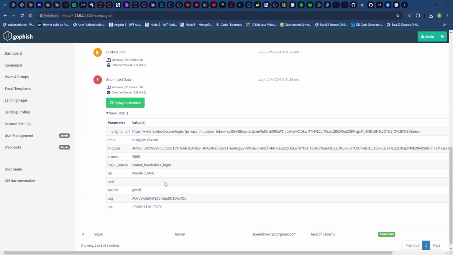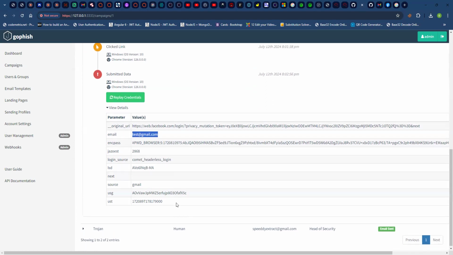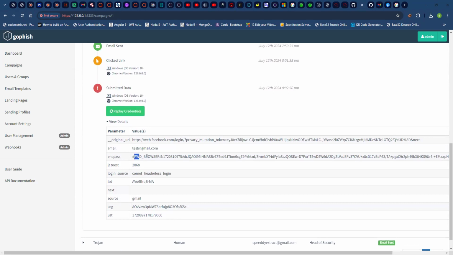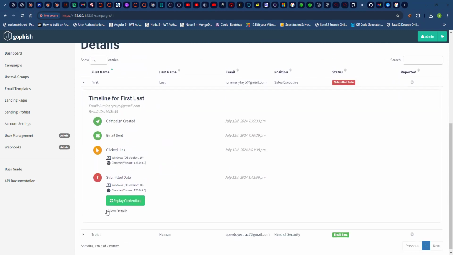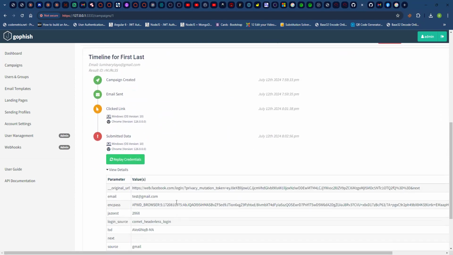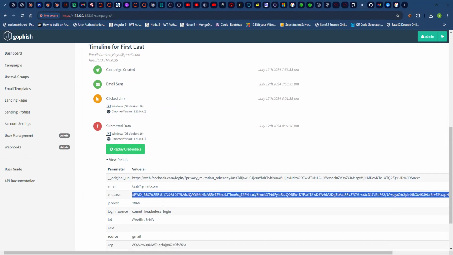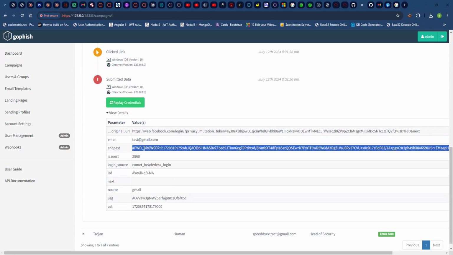Let me see. This is the email I entered. And I think there's something Facebook is doing. So Facebook is actually encrypting the password on the front end, which is interesting. I didn't keep that in mind when I was doing this. But if you use any other type of application, let's say maybe GitHub or whatever kind of URL, most of the time you will see the password you entered here in plain text as well. So instead of encrypted passwords, you probably see those credentials in plain text.